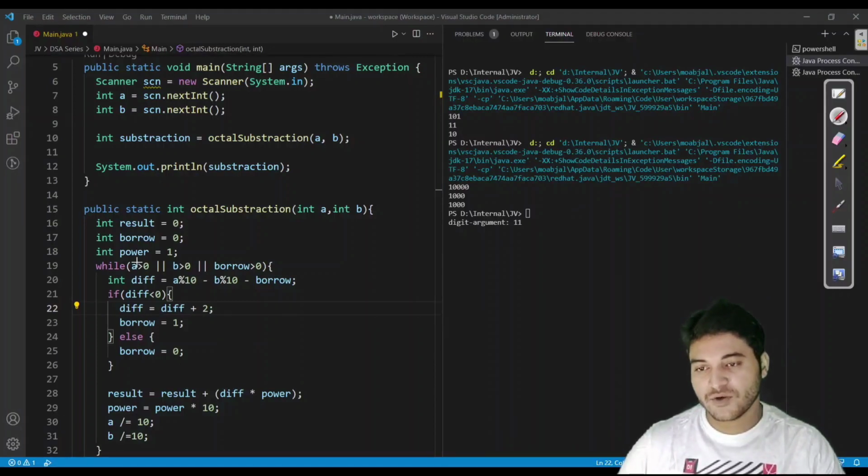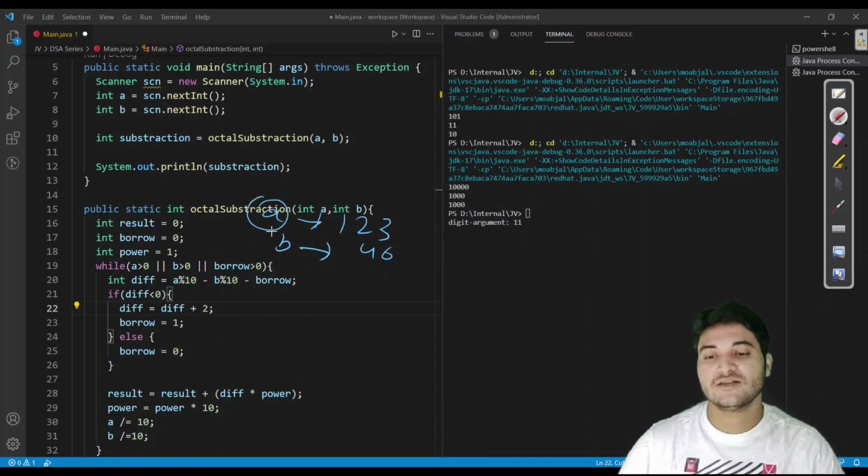So if you see here, what we are doing, let us say we are having two numbers 1, 2, 3 and 4, 6. So A is pointing to this and B is pointing to this, and I have already explained that this number would be greater than this number in each case. Fine. So we are taking this digit by taking remainder of A with 10, and we are picking up this digit by taking remainder of B with 10. So here we are having 3 and here we are having 6.